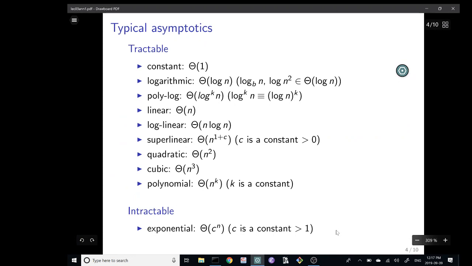Okay, and here are some words for you. These are words that are used for talking about running times: constant, logarithmic, polylog, linear. Nobody ever says log linear. Superlinear, quadratic, cubic, polynomial.